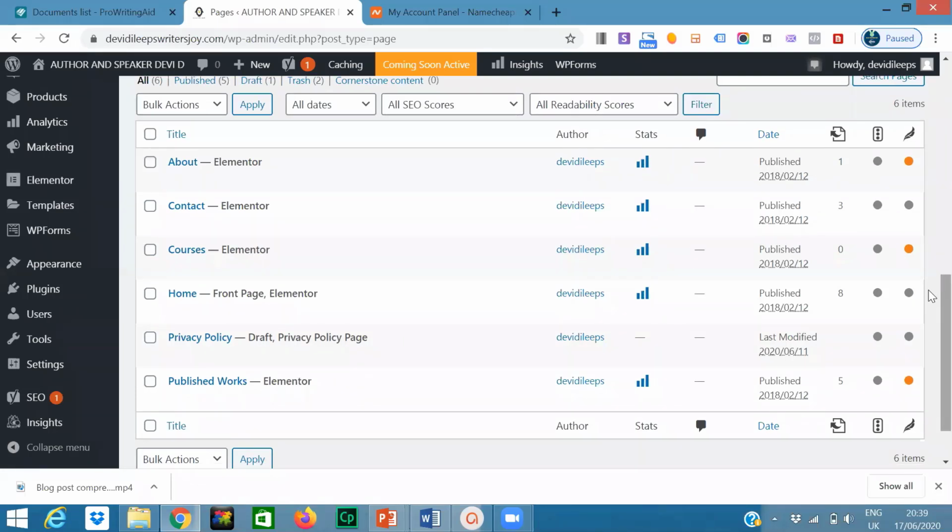Whatever theme you have gotten, these are the pages. I think probably in your theme there were 6 pages, right, Devi? This one page was there by default before applying Elementor. Privacy policy? Yeah, privacy policy.